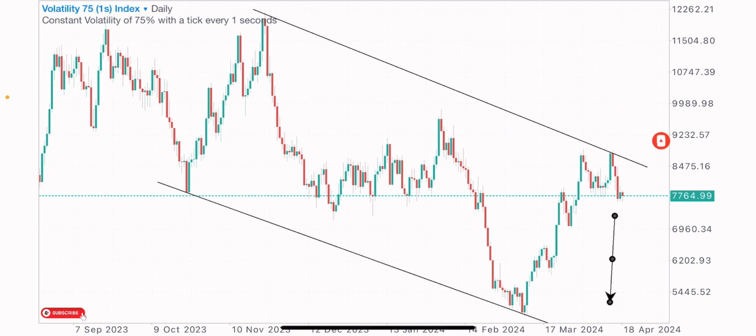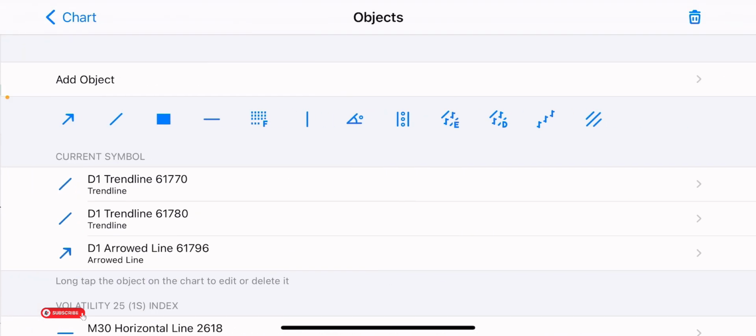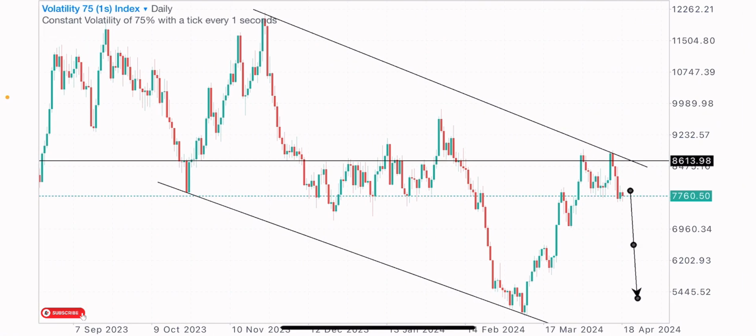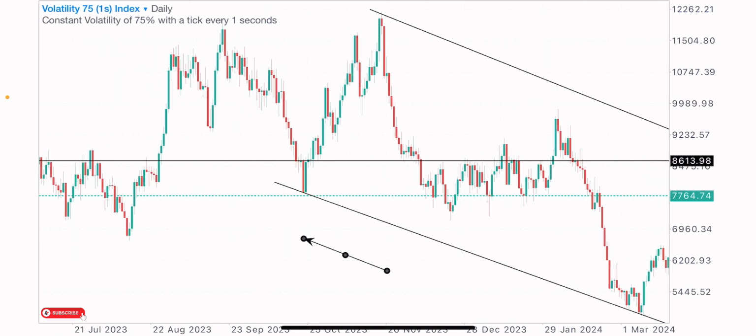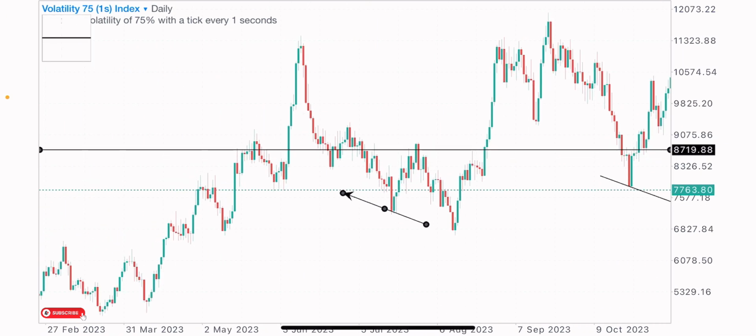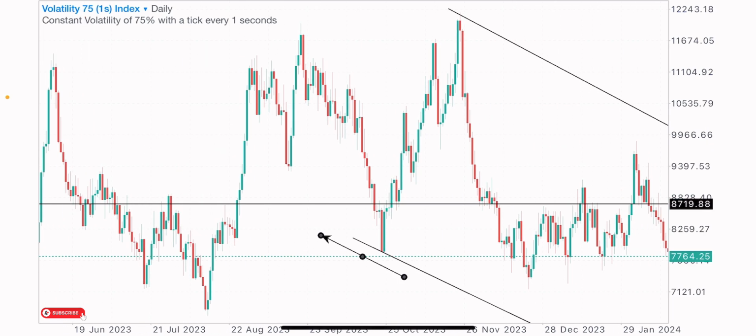We're looking to sell this index from this current price level. We're looking out for sell opportunities on the Volatility 75 1s index, basically looking at the market direction. So we have one of those important levels here, which we can see we got market reaction on. Looking at the previous market reaction, we can tell that this is an important level, a level that market